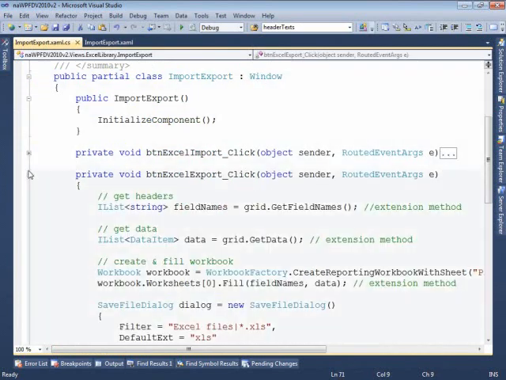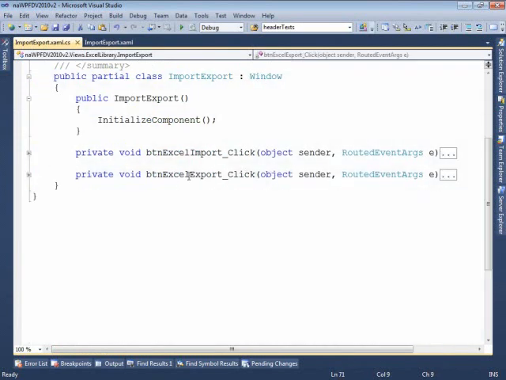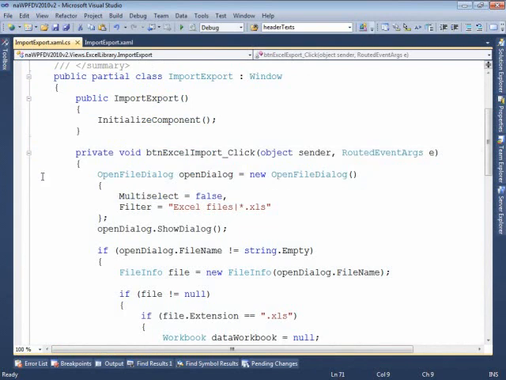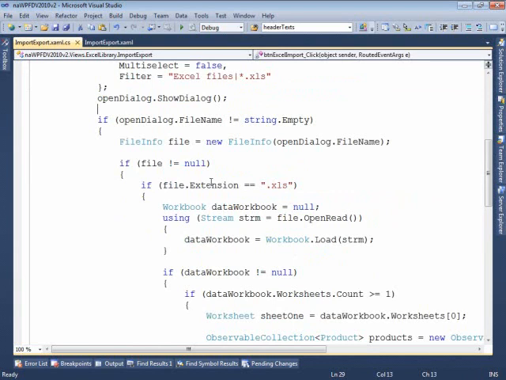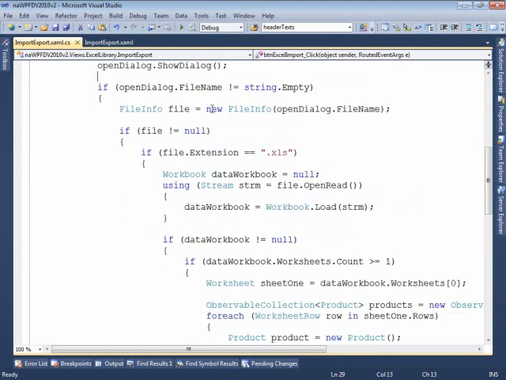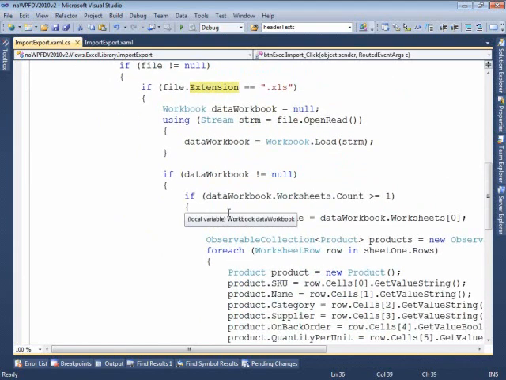So we've got two things happening here. We've got the Excel import click and the Excel export click. So we'll start with the import here. The first thing that we need to do is open up an open file dialog, and we're filtering it to look simply for Excel files. And so once we have that dialog, then we can just use the file name to do a FileInfo, and if we have an instance of that file and we're double checking to make sure we have the right extension, this is kind of just all checking code at this point, then we can create a new workbook,